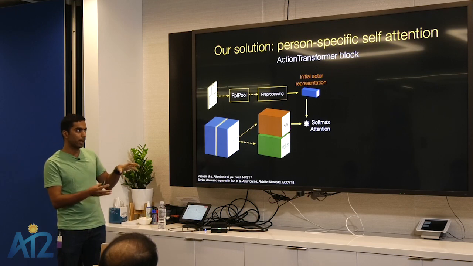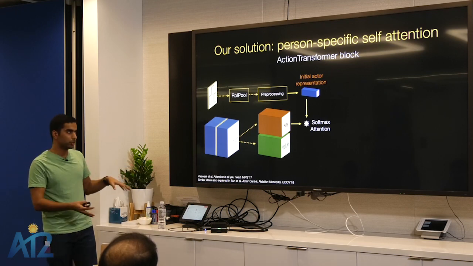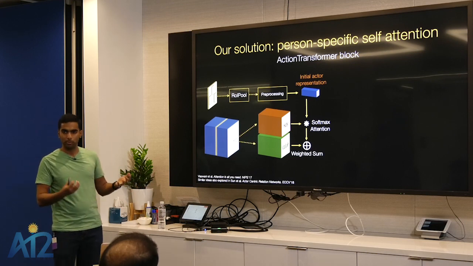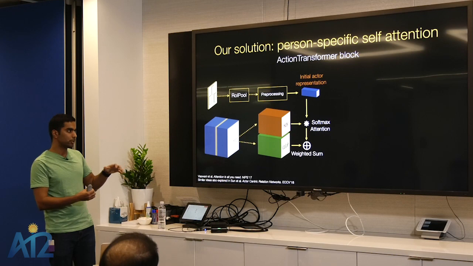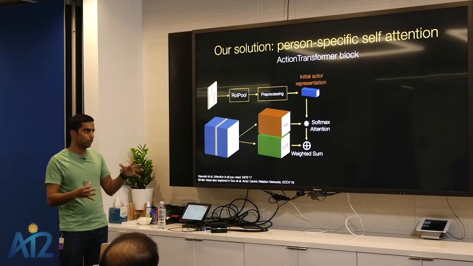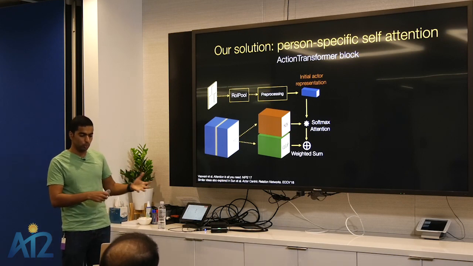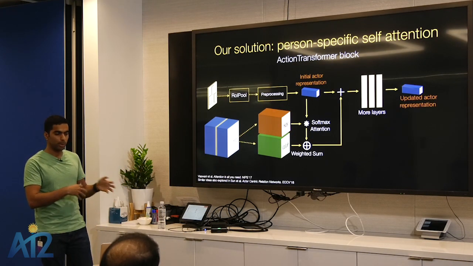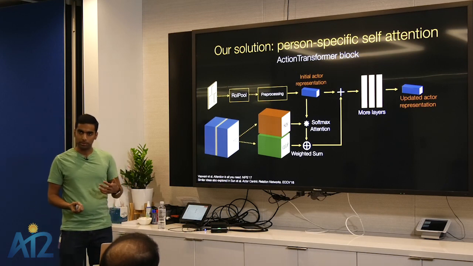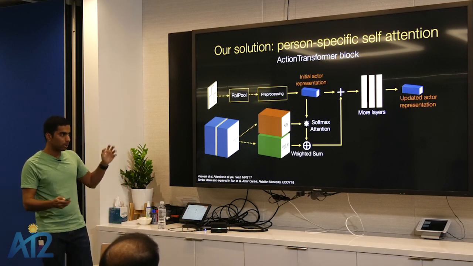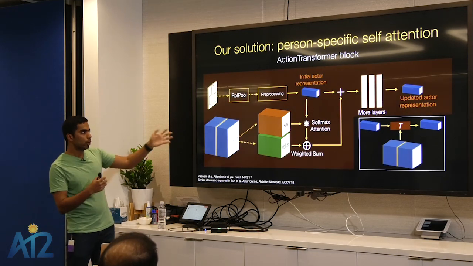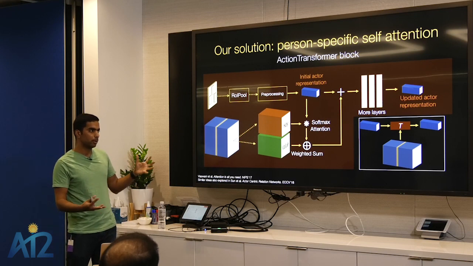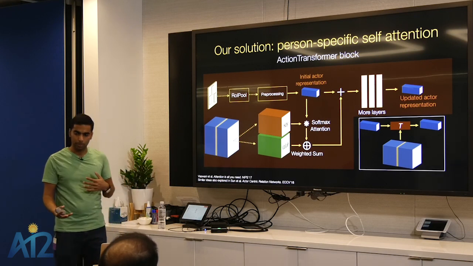Now we can take the actor representation and do a dot product attention over the key features and use that attention to do a weighted sum of values. You can think of it as a key value lookup where you use the initial representation to find out which regions of the context are important, use those to do a weighted sum of the values, and add it back to the original representation, pass it through a few more layers and get an updated actor representation. So at a block level, we call this an action transformer block, and it takes an initial actor representation and full image features, does attention over that, and gives you an updated representation.